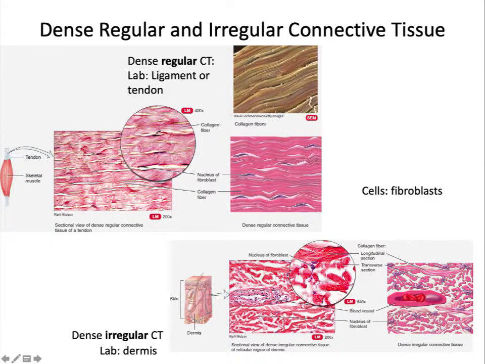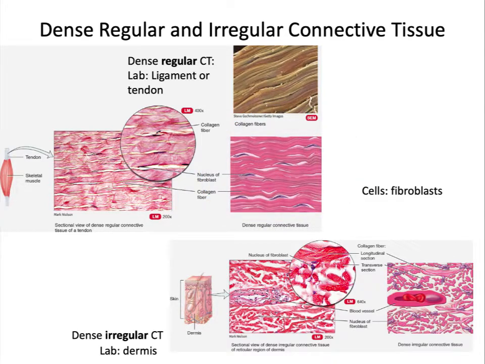There are two types of dense connective tissue: dense regular and irregular. Both of them contain primarily collagen fibers, which make them very strong. Dense regular connective tissue has all of the fibers running in the same direction. This gives massive amounts of strength in one direction, but they're actually quite weak in the other direction. We use dense regular connective tissue in our ligaments, which hold two bones together, or tendons, which hold a muscle